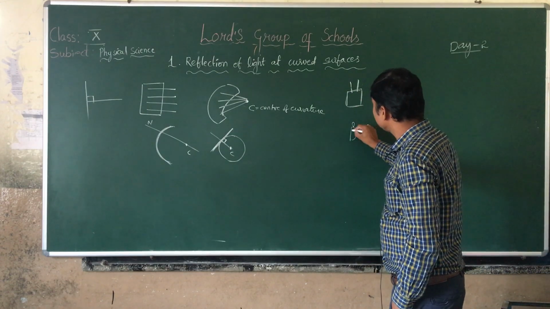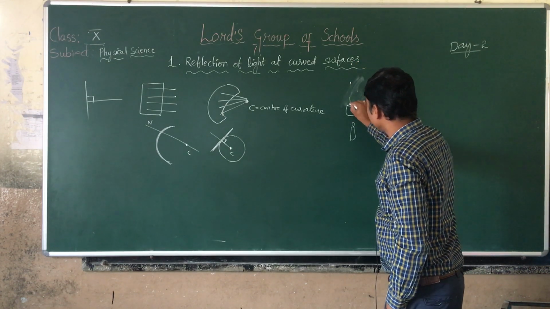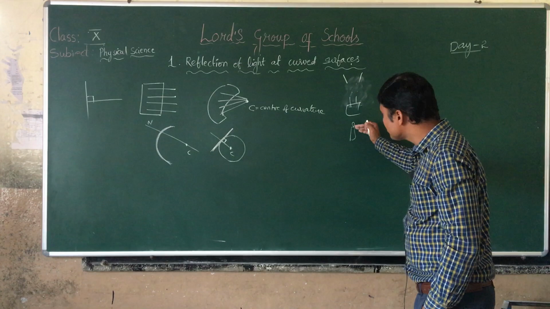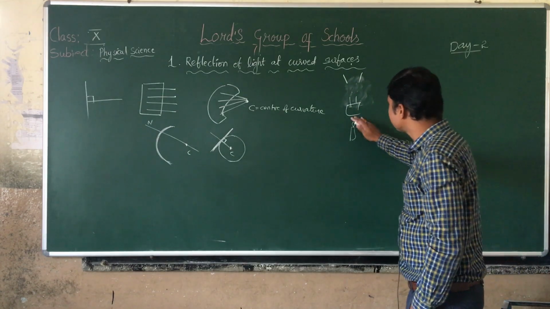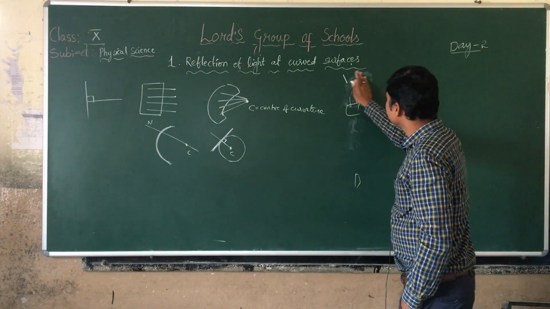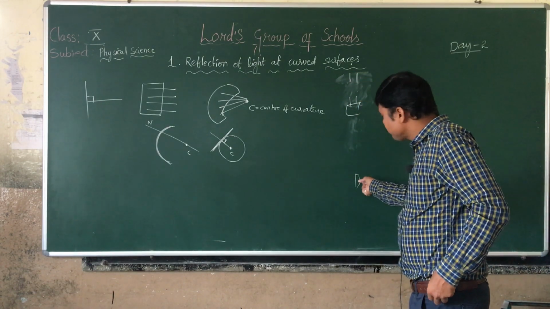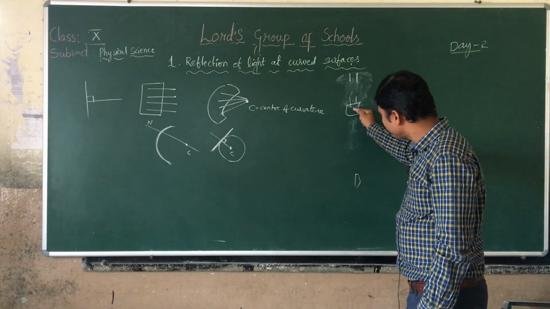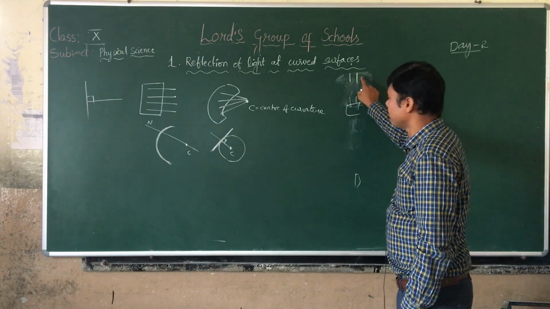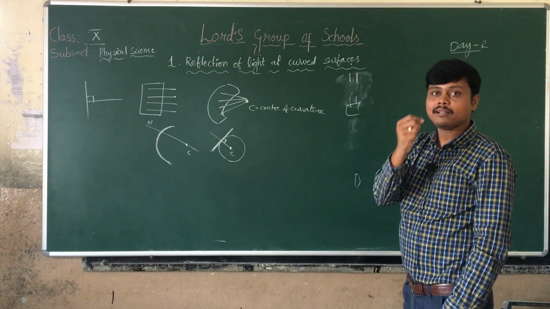When the candle is here, you can see the shadows of these nails diverging. But as the candle moves away from the wooden piece, suppose the candle is somewhat far away, you can see the images of these two nails parallel. We can conclude that if the source of light is very far from the object, the image of the nails is parallel. So a source at far distance will give parallel rays of light.